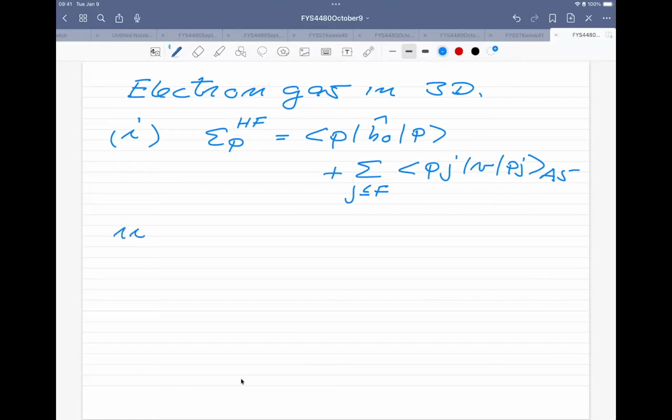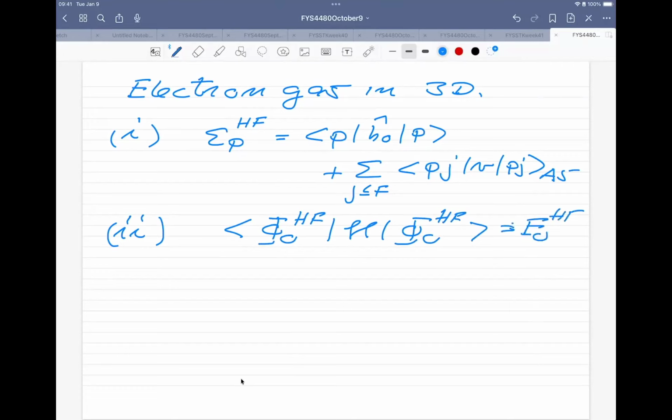The other thing which we are going to do, when we have the Hartree-Fock energies, is to calculate the expectation value of the Hamiltonian with the Hartree-Fock Slater determinant, which is going to be given by E0 Hartree-Fock. This is something which we will begin with tomorrow. So in our case, H0 is just kinetic energy. It's common to write the kinetic energy as a T, or somebody writes it with a K. We have been using a T here. So this is kinetic energy only.